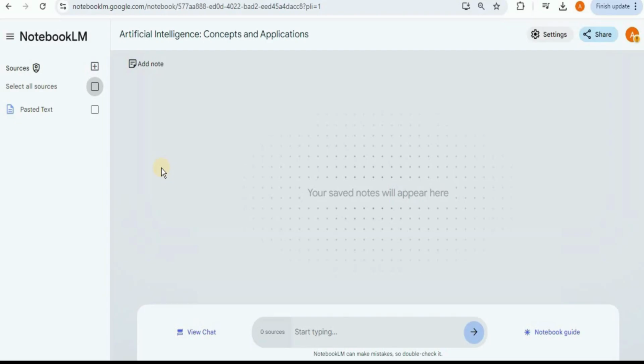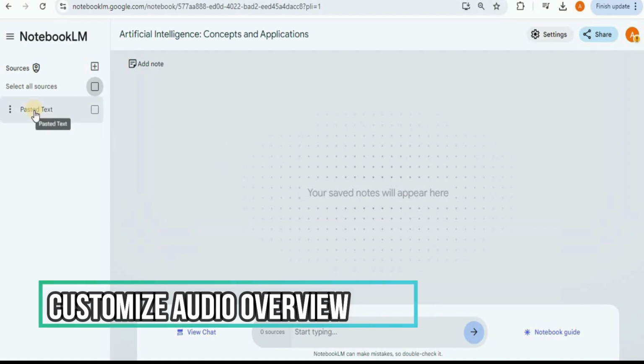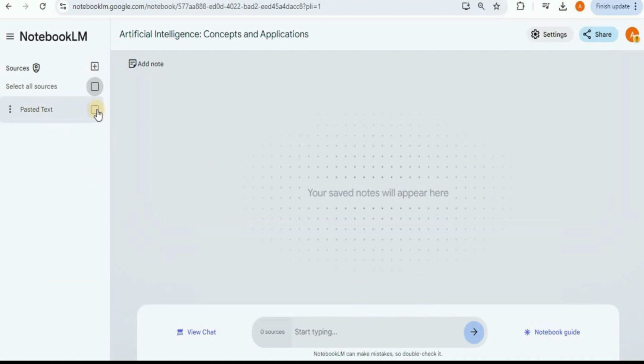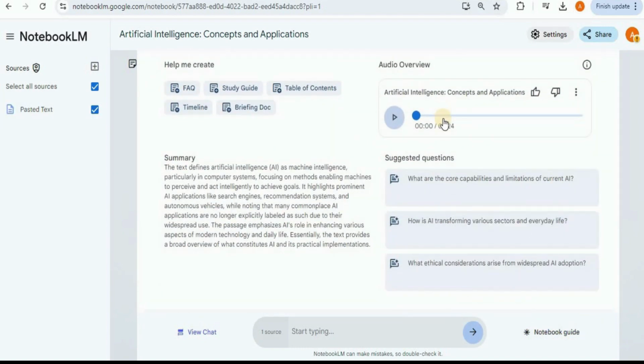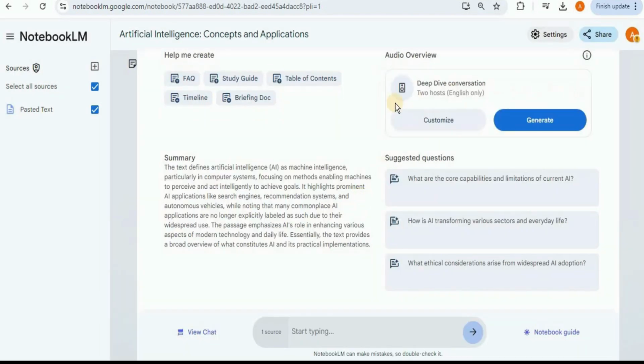So you already know how to convert a text into an audio file or a podcast, but it is generated according to the settings provided by the Notebook LM by default. So this brings us to our hack number 2, which is to customize the audio overviews. So here I'm going to use the text which I previously added, which is about artificial intelligence, and I want to convert it to an audio overview. So I'm going to delete the previous one.